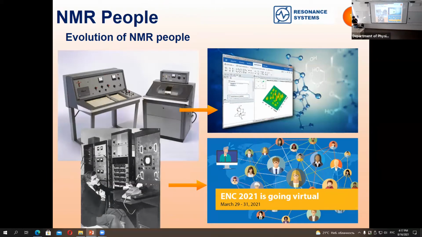Now, these are just screenshots from the main conference on magnetic resonance. Now, people are just using software. They are studying a little bit with the kind of bars and anything. They don't need to know electronics. They don't need to know signal processing. They just use the program, and the program gives them information about chemistry. So everybody is coming to NMR now. I don't know whether it is good or bad, but anyhow, this is the situation we have today.